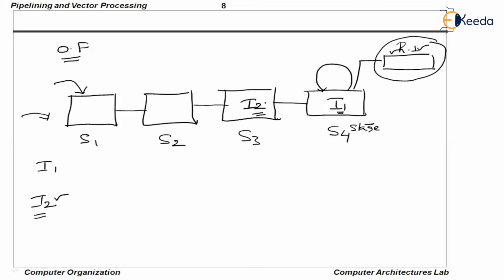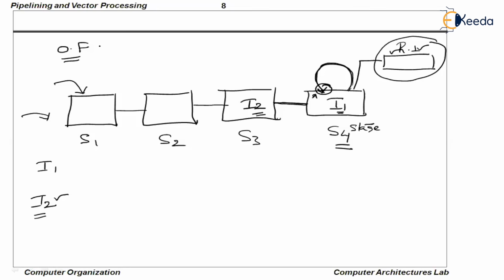Why and how? Because here the output of the ALU, by using a special line, will again be connected to the input of the ALU. So I2 need not read the value from the register file, as it can enter into S4, that is stage 4. The operand is directly available at the input, directly collecting this input. This is called X. It can get into the ALU stage and it will be able to finish. This is how the operand forwarding technique will work.